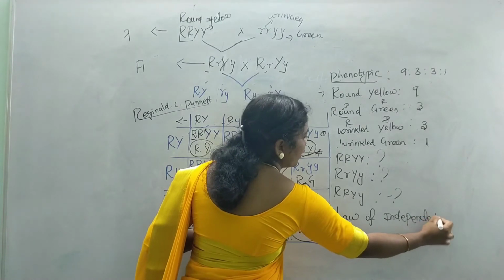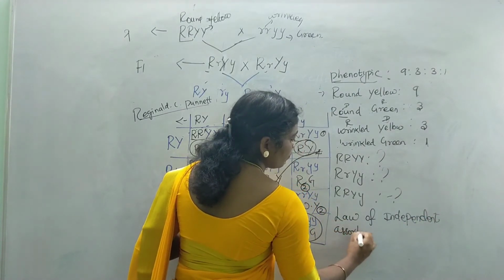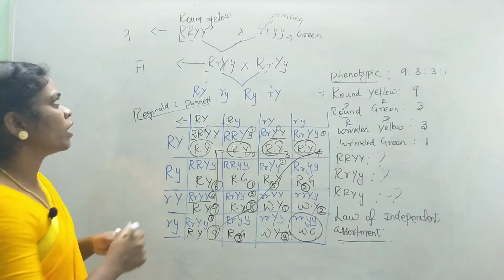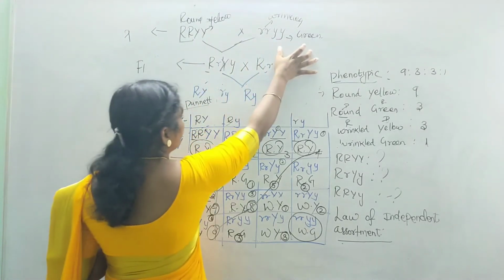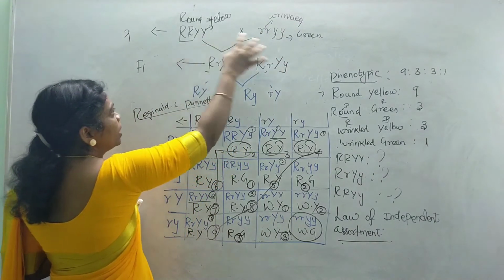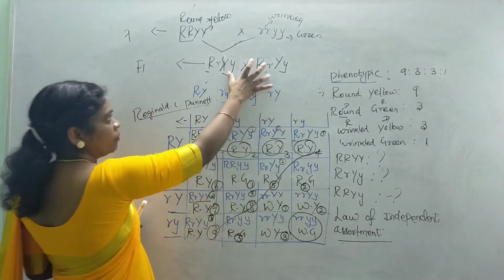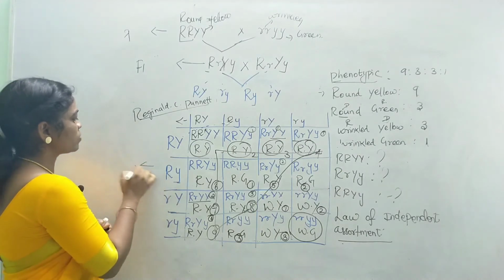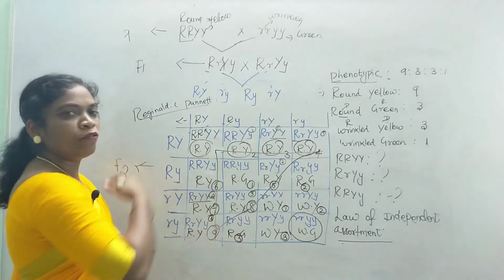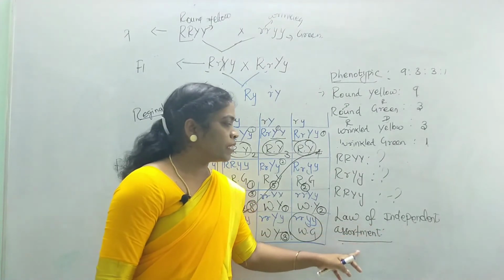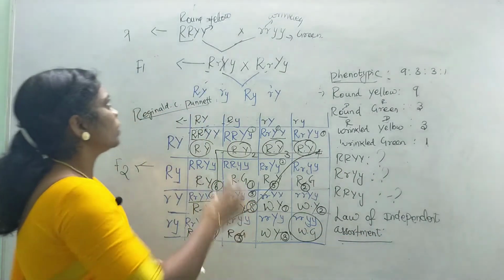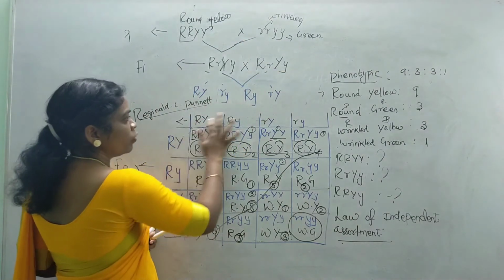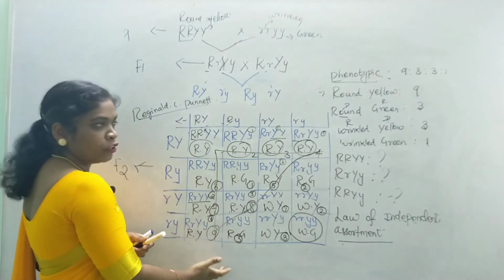So about the law of independent assortment. What is the law of independent assortment? Okay, there are 2 characters, 2 dominant and 2 recessive. It is round and yellow, it is wrinkled and green. When we combine them and cross them, we again got dominant characters in the F1 generation, but F2 has got these many forms. What does the law of independent assortment explain? It is nothing but even though they are combined together, round and yellow and wrinkled and green, these 2 are known as pure forms, but when you plot in the F2 generation, you can find a new combination.